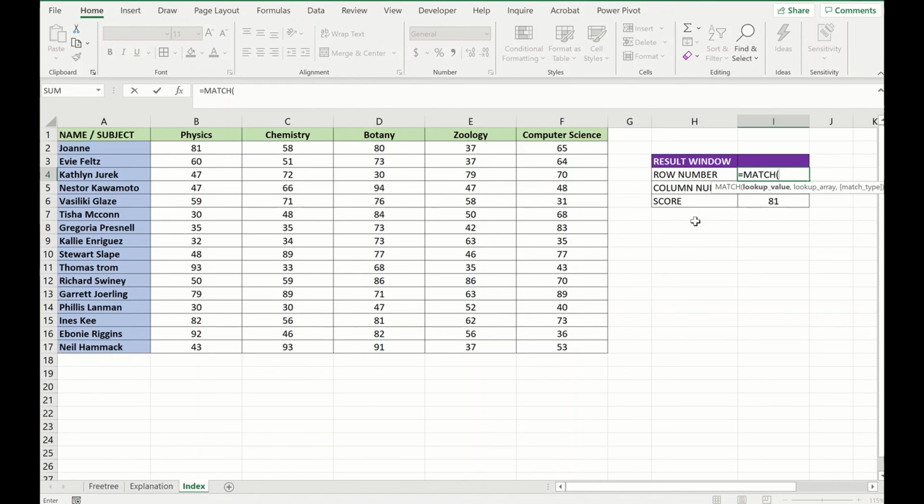We can match, for example, if we want to find chemistry within this table, this first header, comma, match type is exact, so 0. That is going to give the number 2, right? Now instead of typing chemistry, I can reference this to another cell here, and I'll type here chemistry.